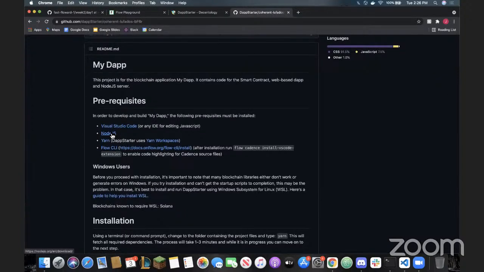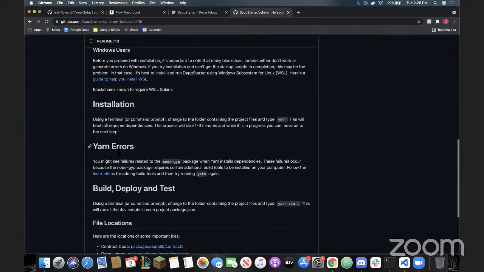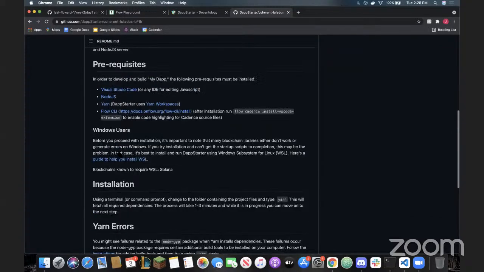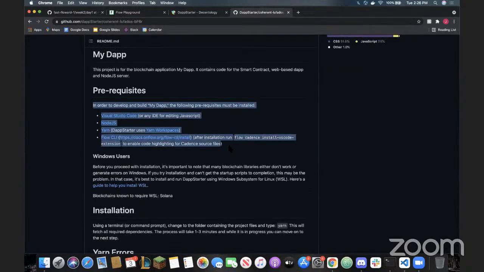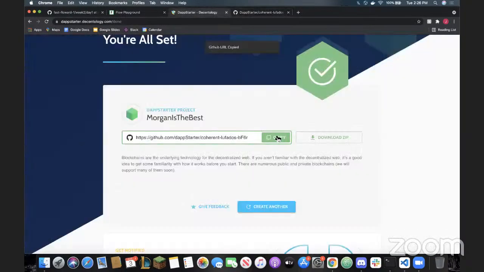So you must have Node.js. The biggest one I've seen is people forgetting to have Yarn, and the Flow CLI you should all have from week 1 with Morgan. And there's a bunch of other stuff here that you can use, but these are the main prerequisites that you must have. So let's go back here and let's copy our